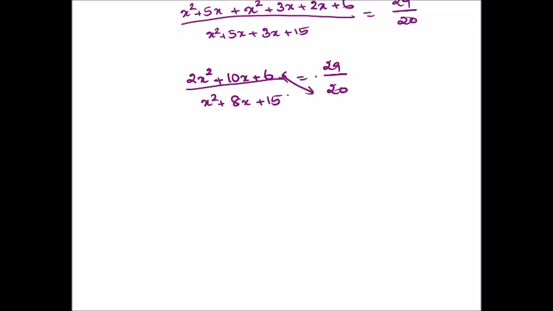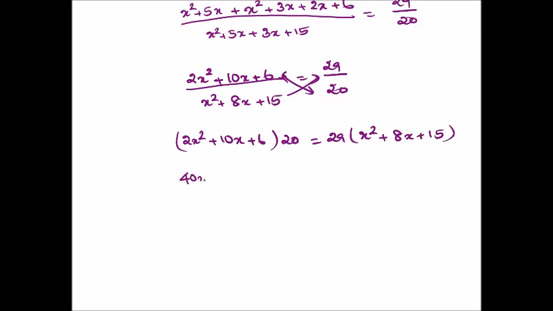I will cross multiply these two: 2x square plus 10x plus 6 into 20 is equal to 29 into x square plus 8x plus 15. That's equal to 40x square plus 200x plus 120 is equal to 29x square plus 232x plus 435. Rearranging, we will get